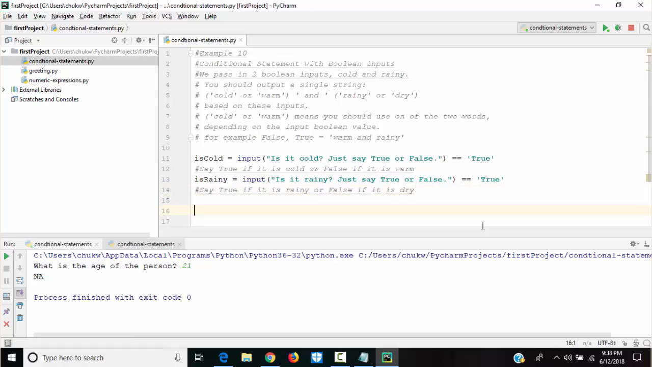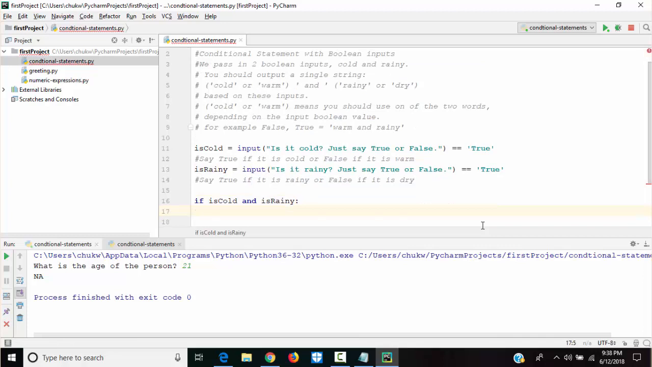Okay. Now we have if is cold, because is cold is true. Is cold is true. Okay. If is cold and is rainy. Is rainy. If is cold and is rainy, print cold and rainy, because